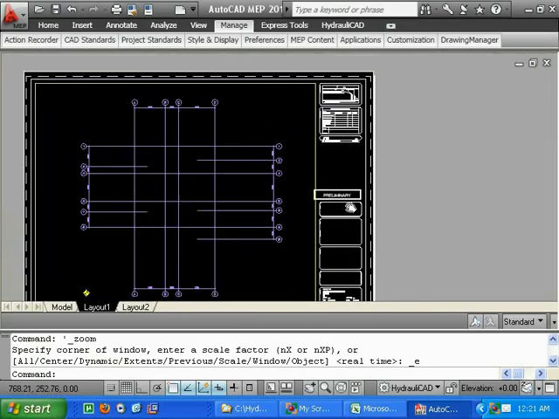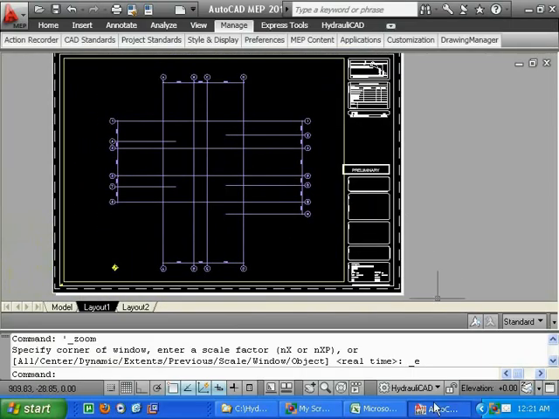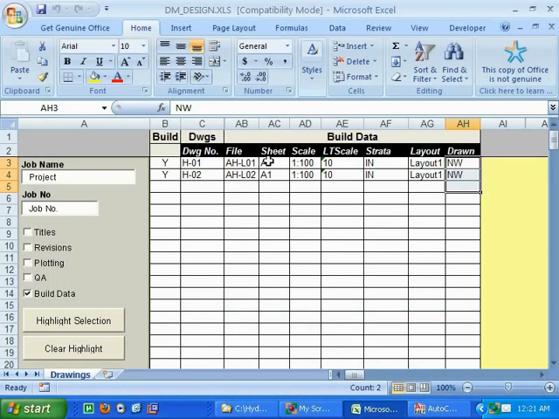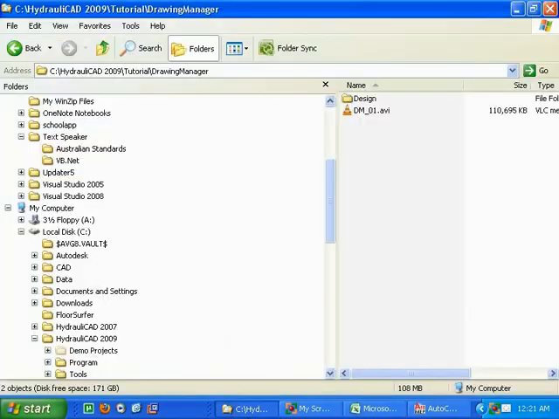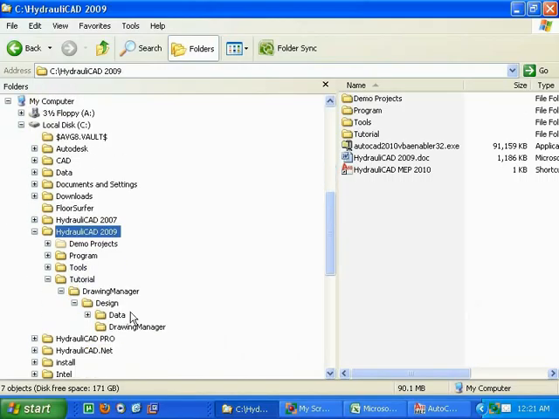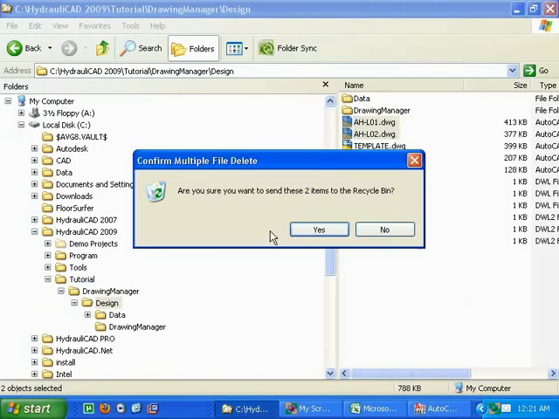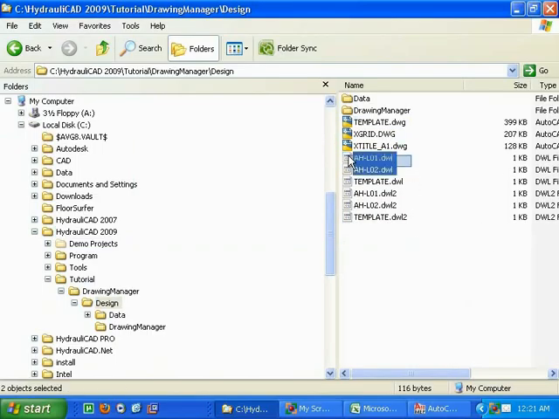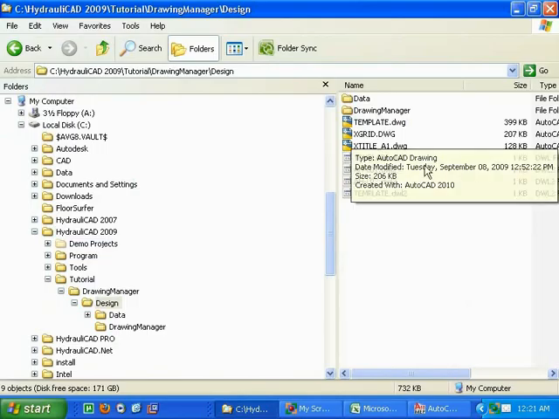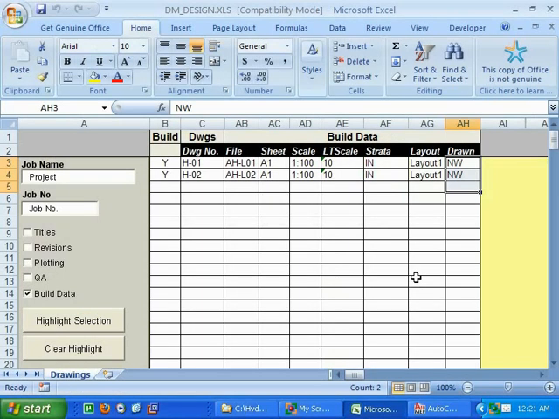Now once we have populated all our fields here, we go into the tutorial design. We don't have any hydraulic drawings as yet. What we're going to do is create them. We can create more than two if we want. If we select all those